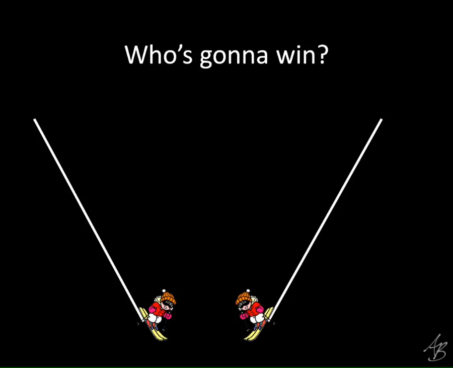All right, let me ask this. Forget about skiing right now. Let's say we're talking about math. And I tell you that the slope of this line is the same as the slope of this line. There's a little bit of a problem with that. What's the problem with saying that the slopes are the same? So the problem we have with saying the slopes are the same is that they're going in different directions. So even though they have the same steepness, the same slope, they're going in different directions. So the slope is going to tell us how steep it is. The bigger the slope is, the steeper the line is. But it's also going to tell us what direction it is.